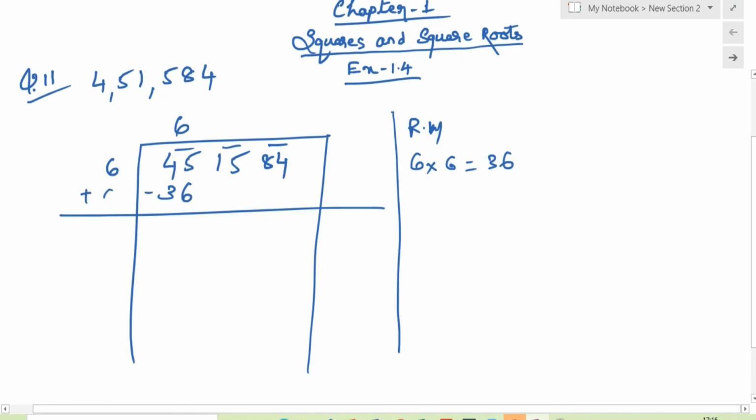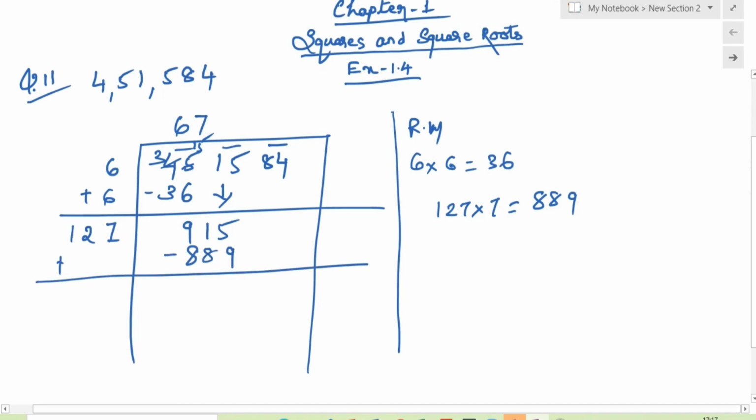Now the same 6 will add up with each other, 6 plus 6 is 12, one digit will be vacant for the next step, this will become 15 and this will become 3, 15 minus 6 is 9, 15 will come down, and 120. Now 127 into 7, we will go ahead with this, 127 into 7 is 889. The next, 128 into 8, is higher than 915, so we will go ahead with 127 into 7, 889.